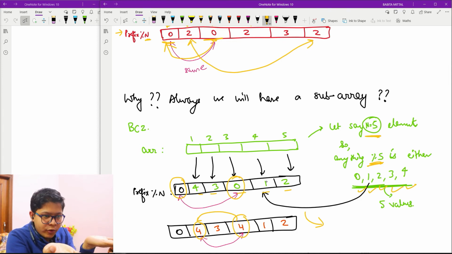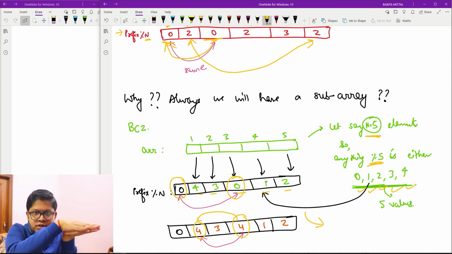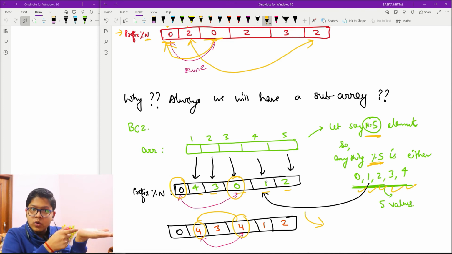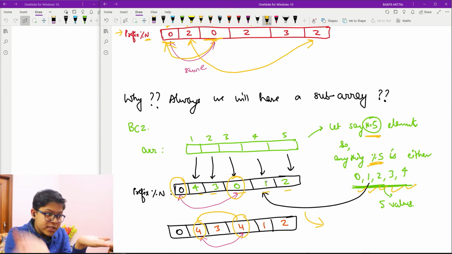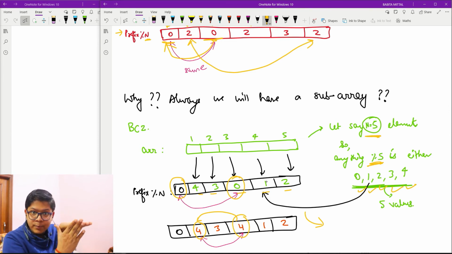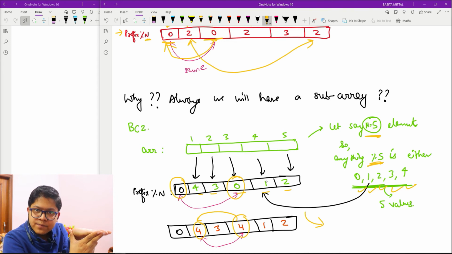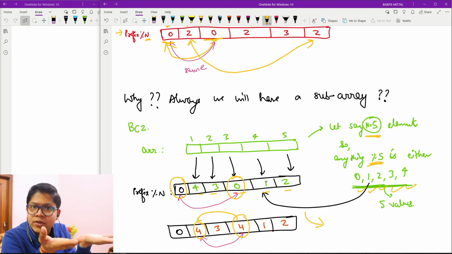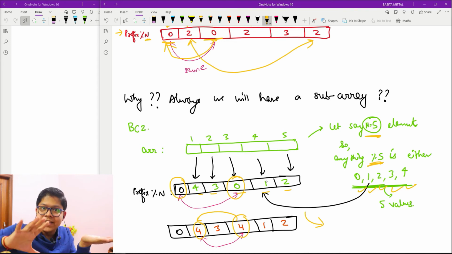So no matter what, if I place all these values, I still have a 0, which means that if I try to place all these values as not the same, still one value will become the same as 0. And if you do not place 0 in these n blocks, then you have n boxes and n minus 1 values, because I'm saying that I'm not placing 0.